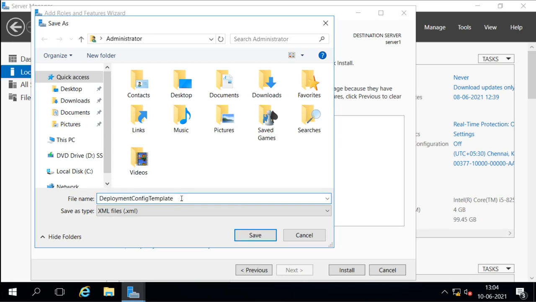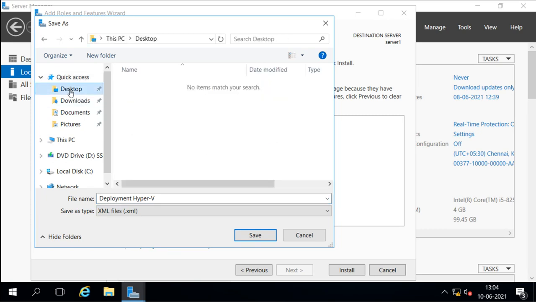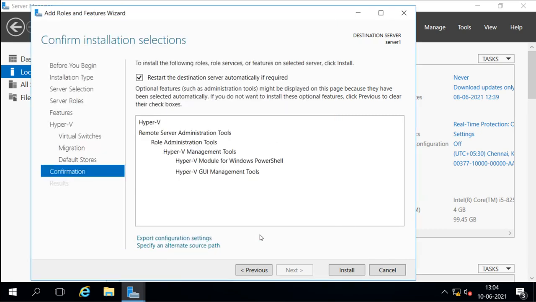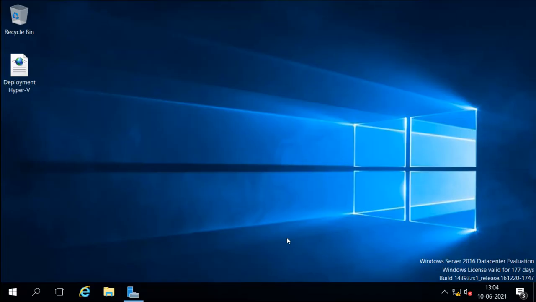We can also name it like what I am deploying, deployment Hyper-V. I will show you what this file does. I will save it on the desktop. Now, this is the file.